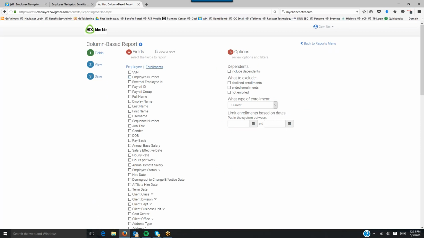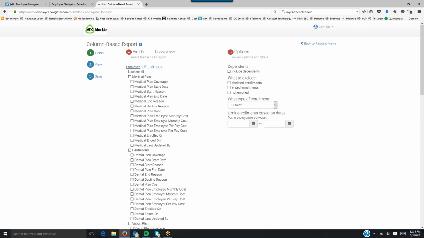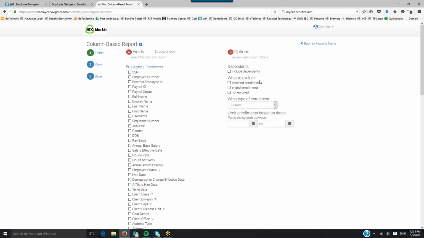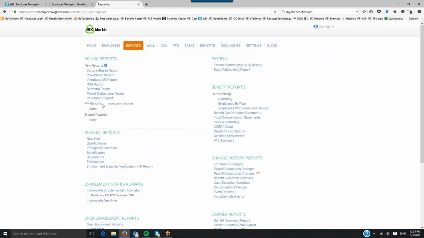If it's employee-based or enrollment-based on their plans, you just create all the fields, you view it, and if it's something you think you're going to use over and over, you simply save it, and you start creating your own little library